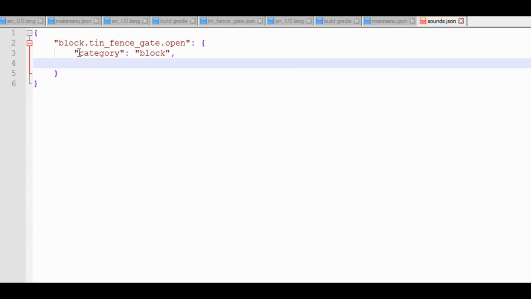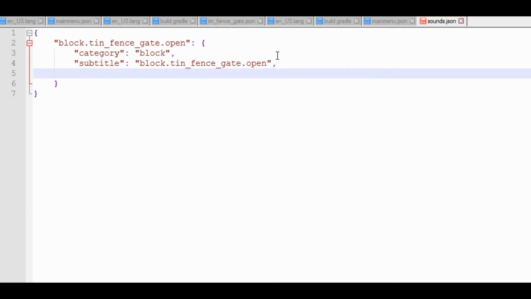We can also put the subtitle name, so subtitle, and I'm just going to put block.tin_fencegate.open, and finally we're going to need the sounds, and open this up. And then what we can do is I'm going to make it so that we can stream this. If you don't know what streaming a sound is, it's basically less laggy than loading it in and then playing